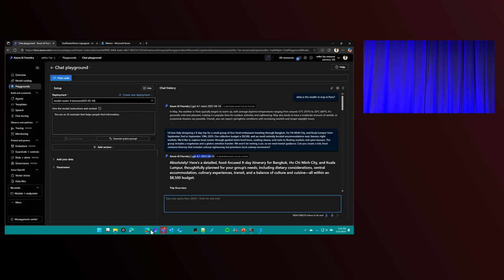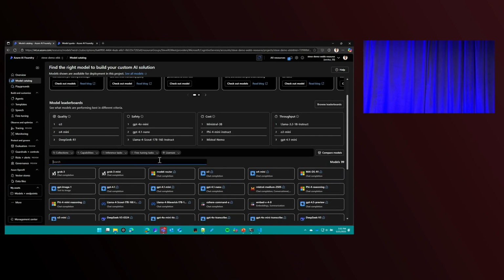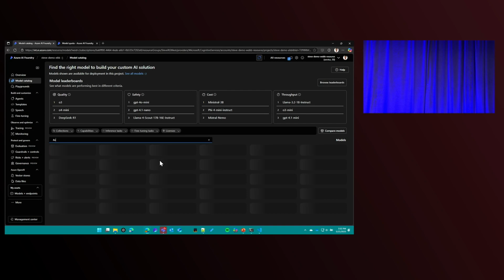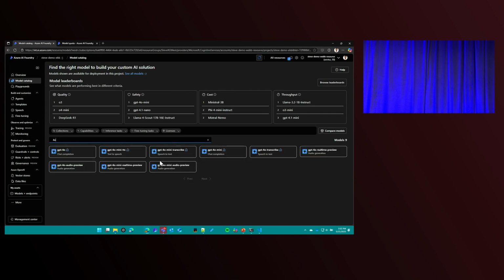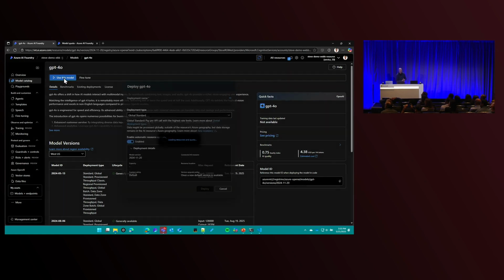OK, so like I said, I'm going to show you a couple things in here. Setu was in here. This is our model catalog before. And so how do I go ahead and create a provision throughput deployment? I'm going to just use 4.0 as an example, because I know I have quota for 4.0 within this area. And I'm going to go ahead and say I want to use this model.